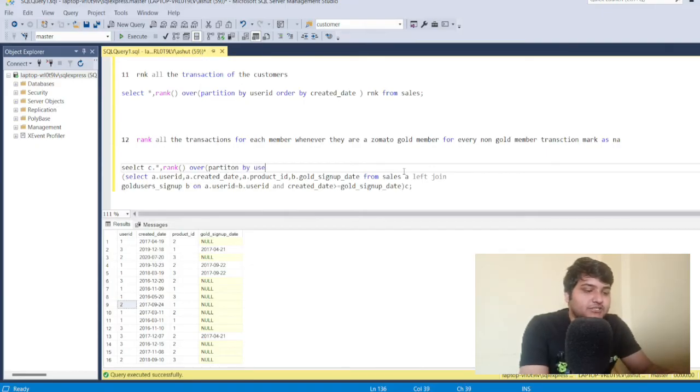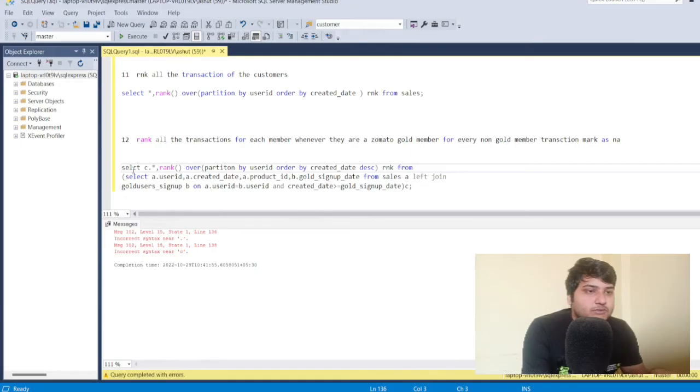I want to partition for each of the users. And on what basis do I need to provide the rank? I need to provide the rank for each of the transactions, so let's say order by created date. They have not mentioned whether this should be in descending or ascending order, so I'll provide descending order for now. And from this should be select